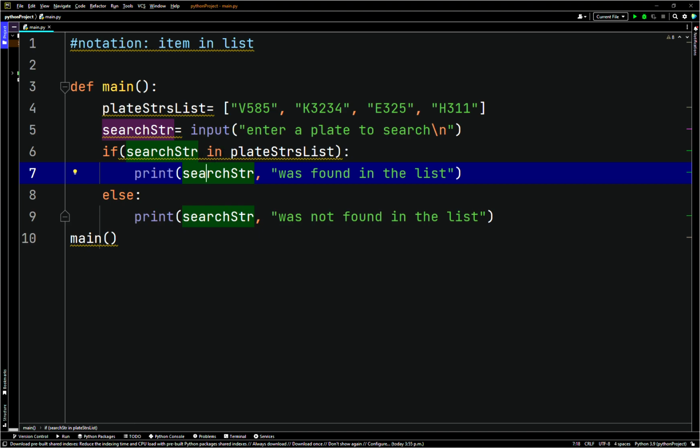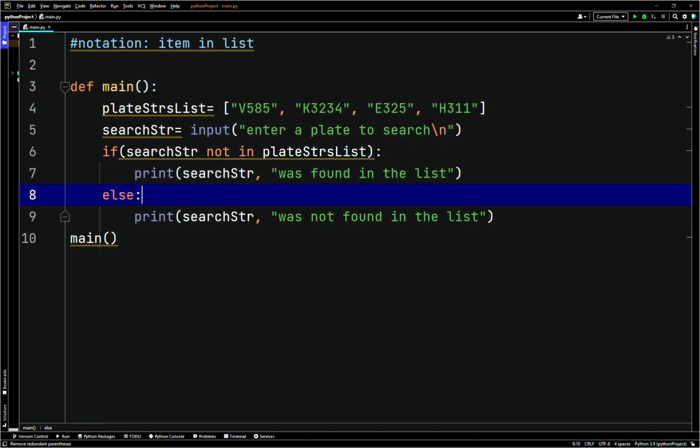So we can change this to if search string not in. So it's kind of like a double keyword statement now, which is basically a Boolean statement, if you can think of it like a Boolean statement. So if we have if search string not in our plate strings list,